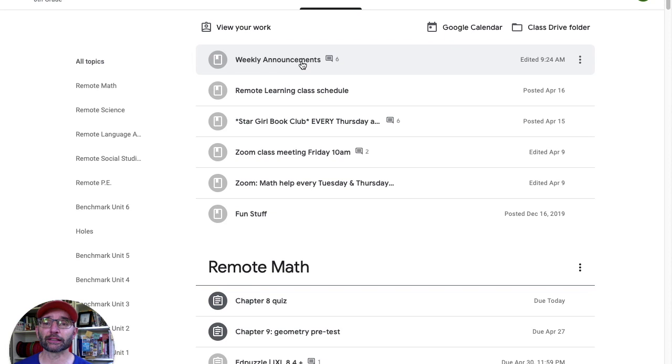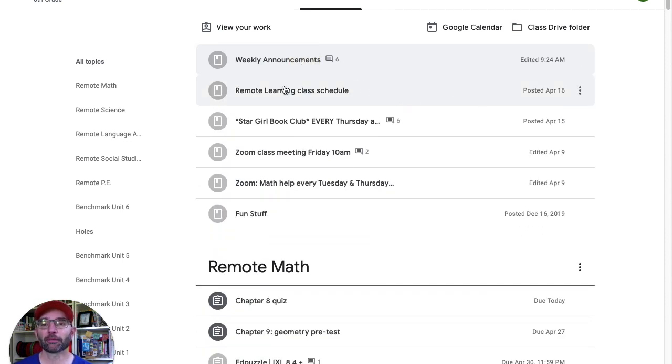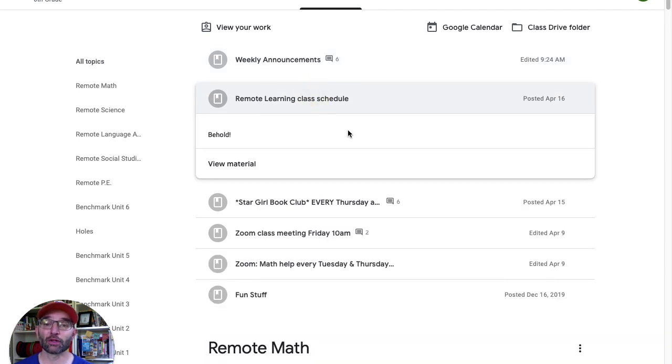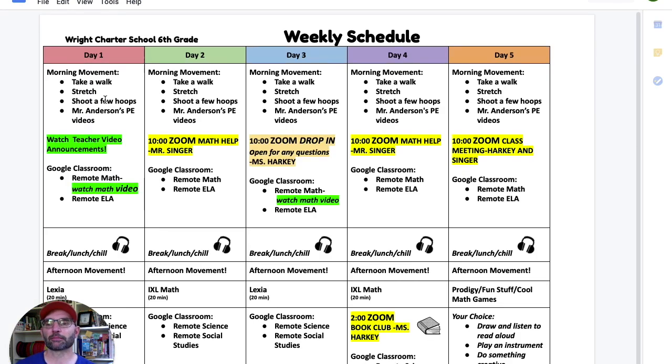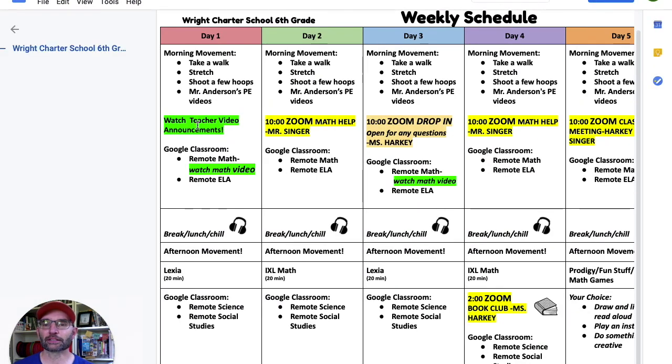First thing is weekly announcements. In here, you'll find all the weekly announcements. So if you've missed one, look here. And every Monday, definitely check here for your weekly announcement. The remote learning class schedule, hopefully you've already looked at this. We'll look at this really quick. It's a weekly calendar that tells you that, Monday, there's a teacher video, this announcement video, and